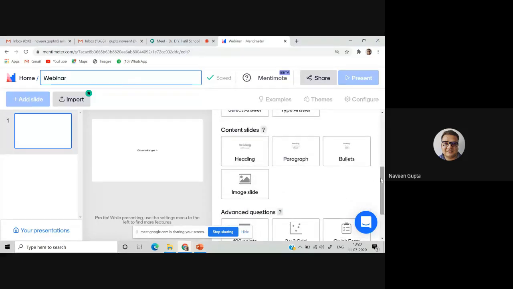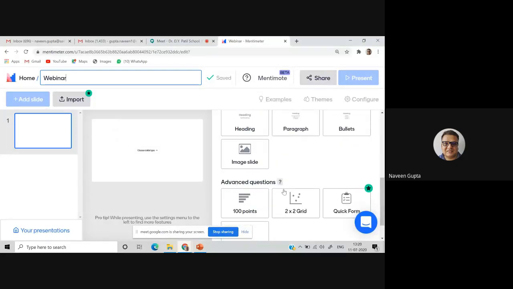You can create a complete PowerPoint here as well, which you can run remotely. The purpose of Mentimeter is that we can run these kinds of things remotely. It means I have given you an option wherein I've just told you, open Mentimeter, menti.com, write the code. If I am using the same presentation, it will be running on your mobile phone. So that is the advantage of using Mentimeter.